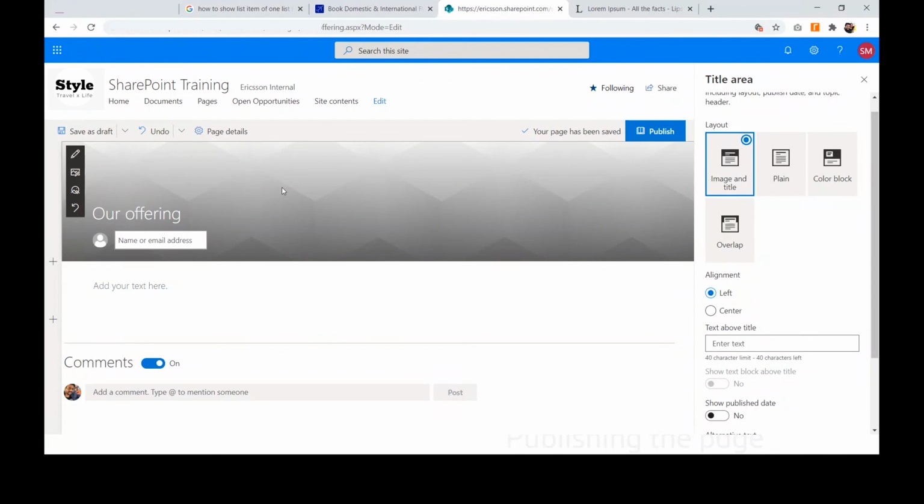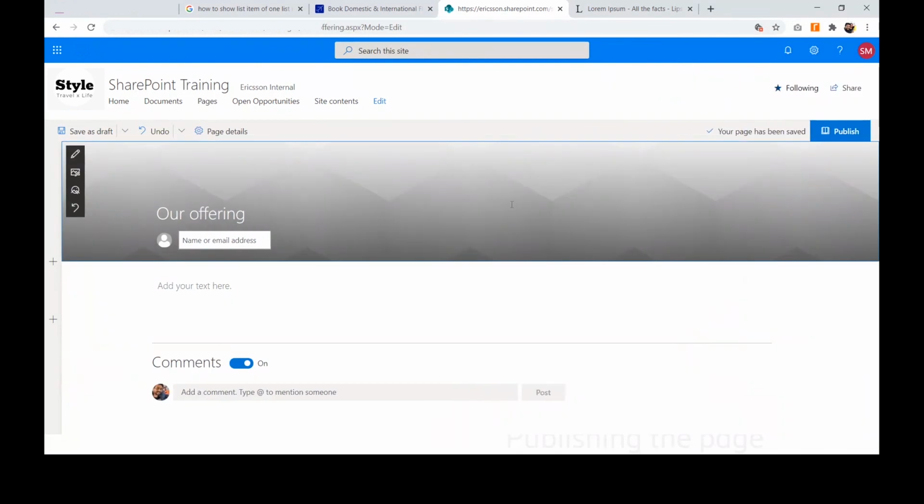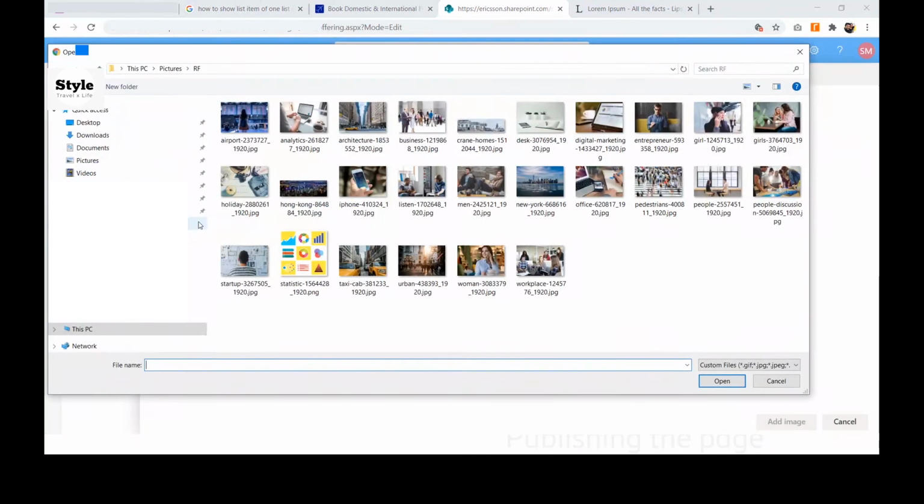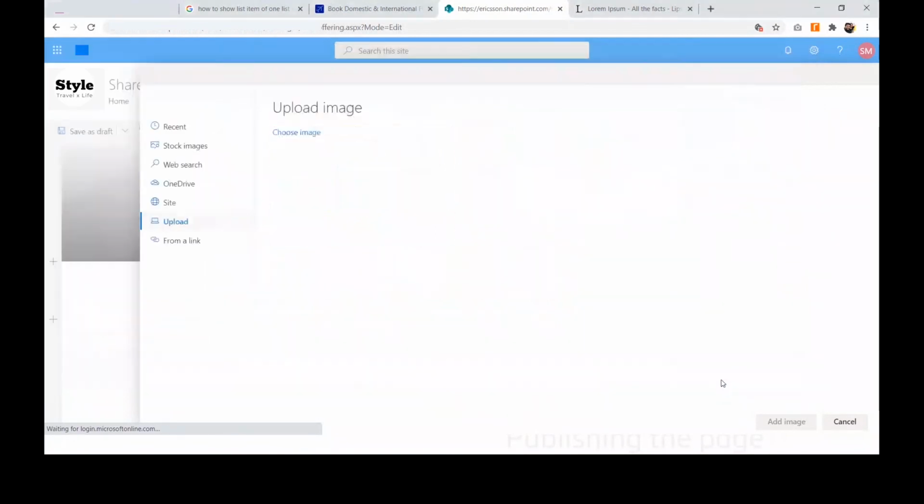Now what image am I going to use? Generally we use the same image which we used on the home page, so that when a person clicks on it, they can relate back that they are in the right area. So let me recap what image I have used. I think I have used this image. So I'll just use the same image